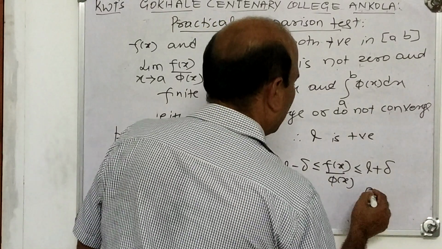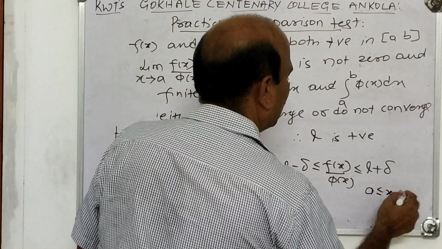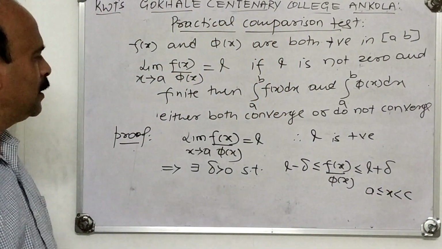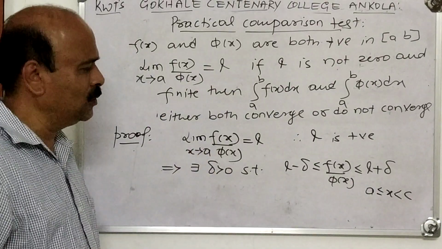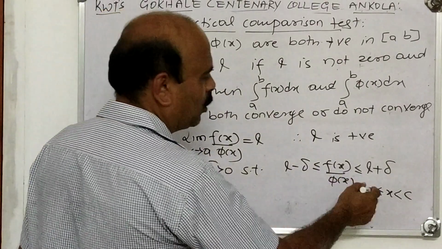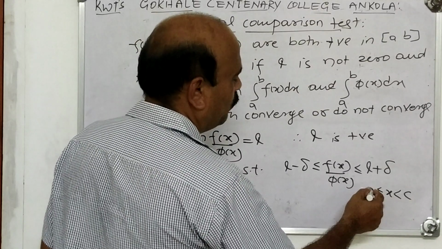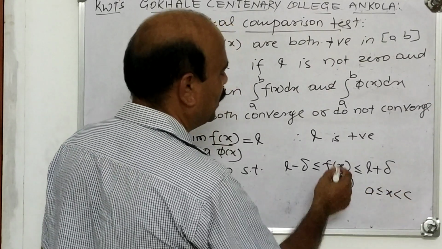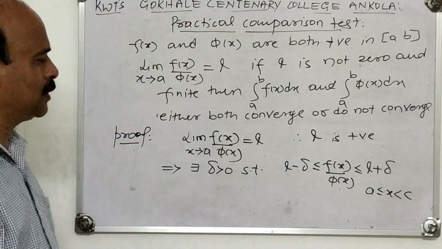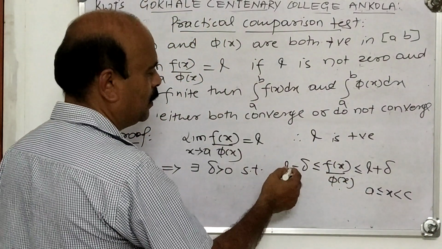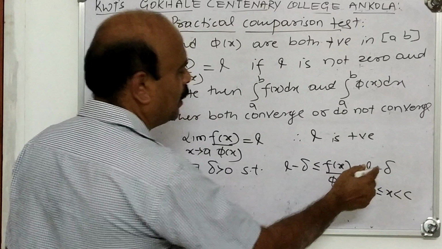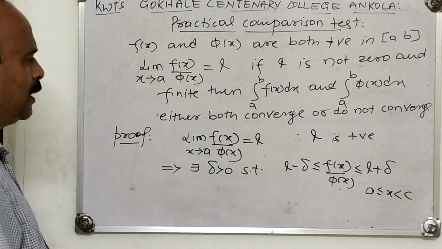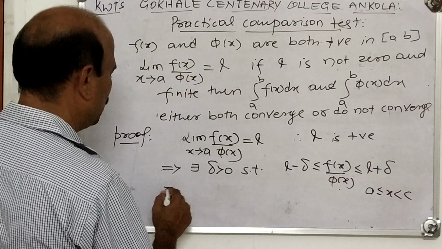Where a is less than or equal to x less than c. We consider a as the point of discontinuity. We consider a small neighborhood of a, and for x from a up to c, by the definition of limit, f(x)/φ(x) lies between L minus δ and L plus δ. Now this implies